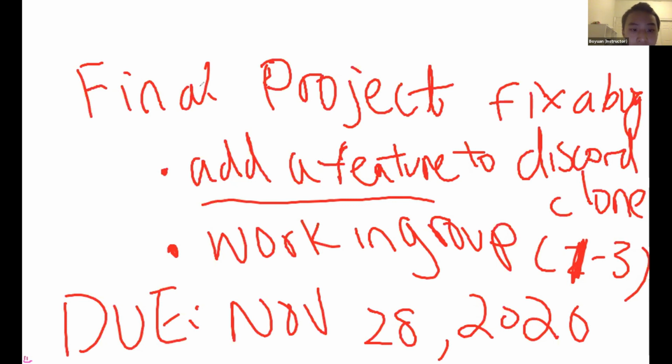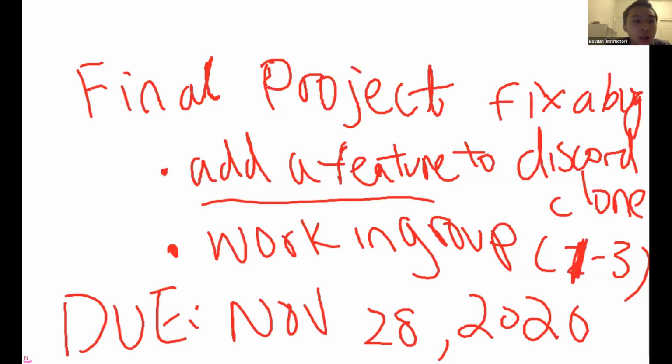The features are first come, first served. Once you have an idea, feel free to send me an email with your name and your idea. I will reply ASAP about whether I think it's a good idea, or whether anybody else already uses it. If anybody else already used it, then you cannot use it unless you work as a group with them. All right, if there's no question,